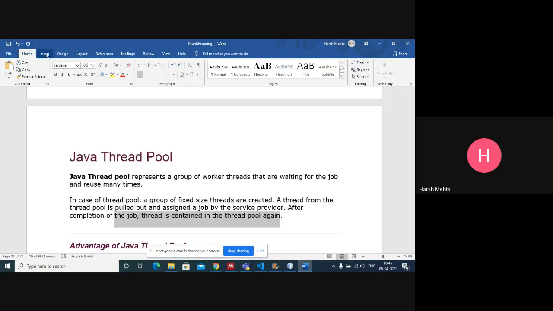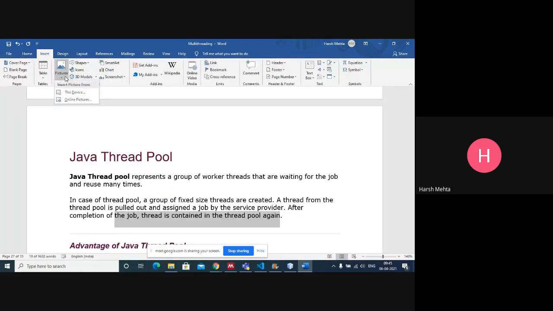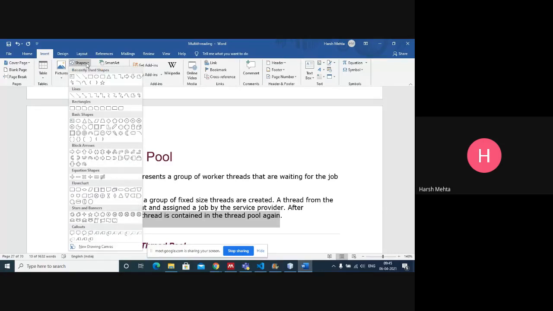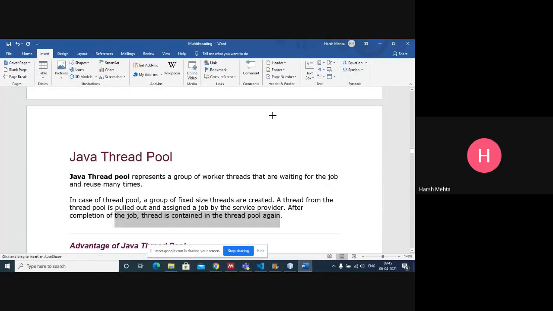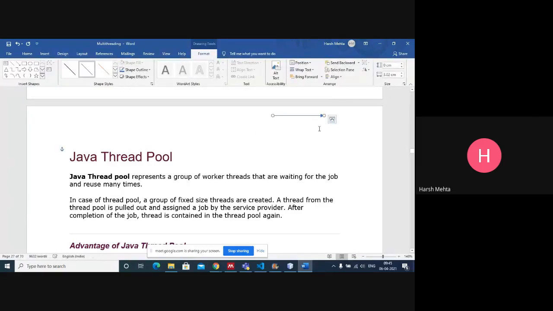Let me draw here so that we can understand what a thread pool actually is. So thread pool is like this. These are the different threads. Now, let's say I want one thread from here.